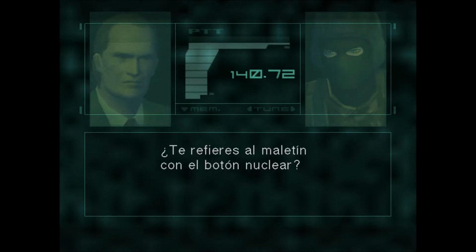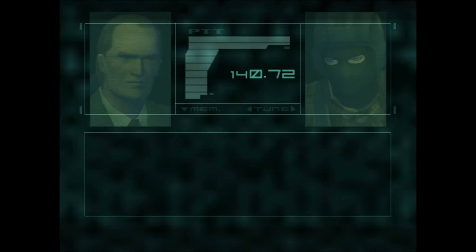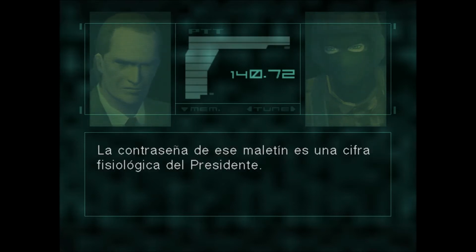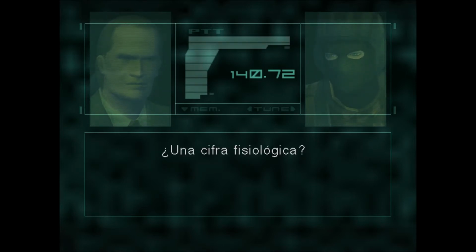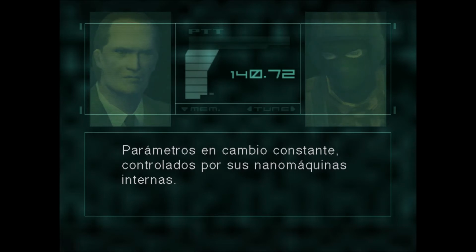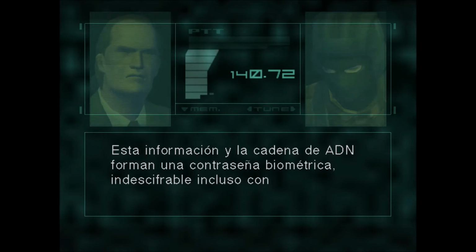The case. You mean the nuclear button they took? Right. And the case won't do a thing by itself. That case may be the single most advanced example of a weapons failsafe system. The password is nothing less than the physiological data of the US president. Physiological data. The president's own vital signs, heartbeat, brainwave pattern, blood pressure, and so on, are constantly monitored and relayed by his internal nanomachines. This information, along with the DNA pattern, serve as a biometric password, unbreakable even by the